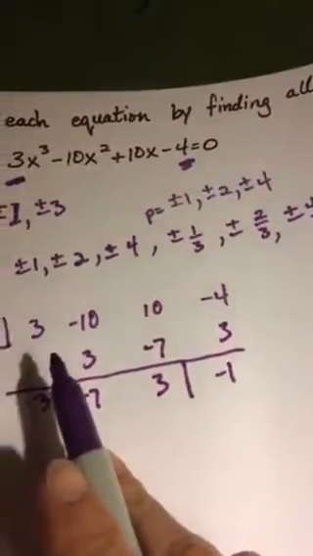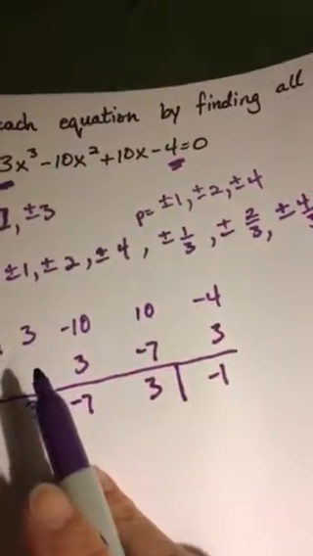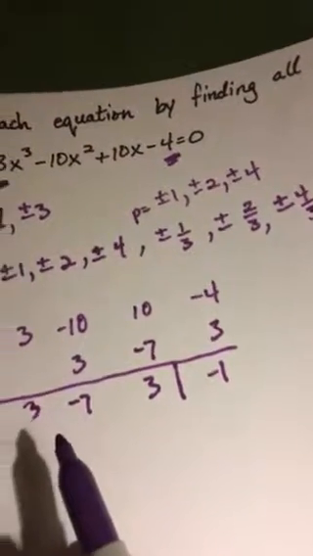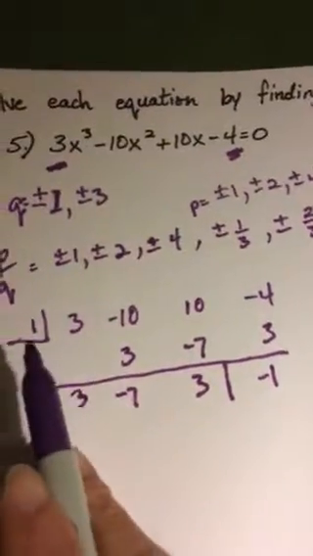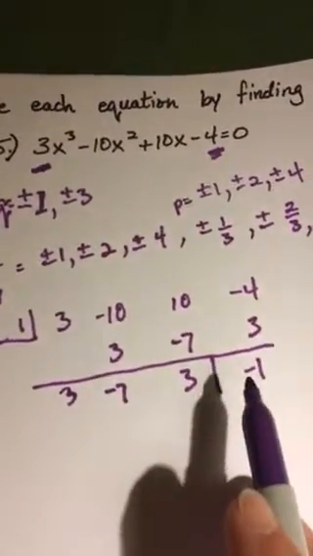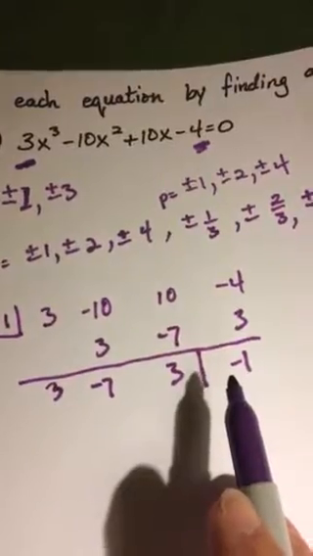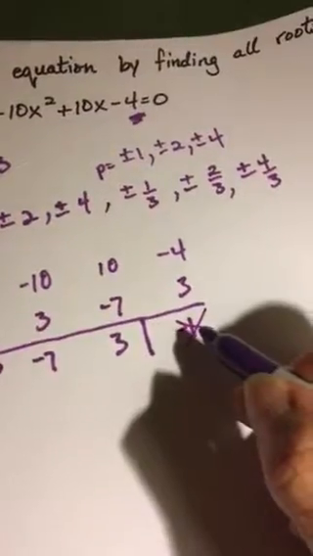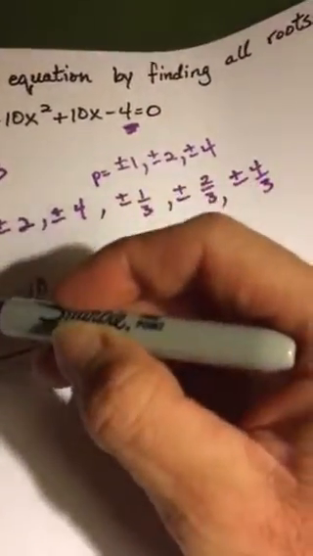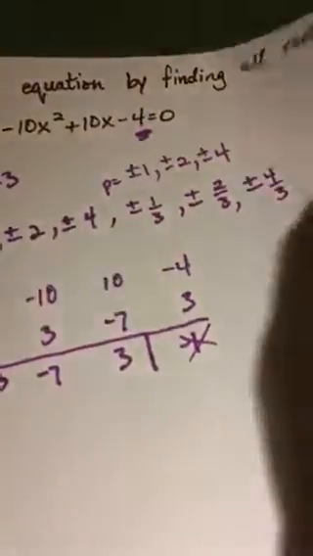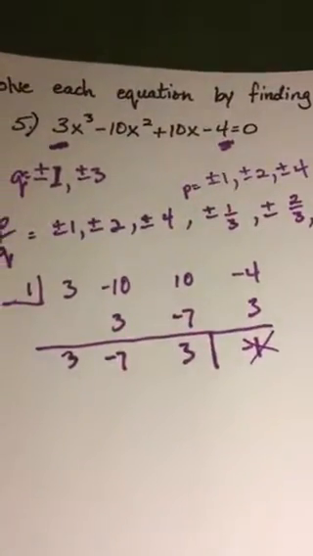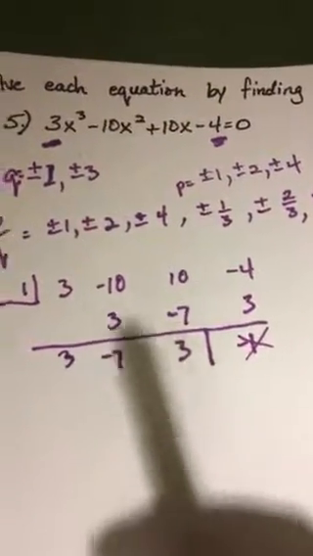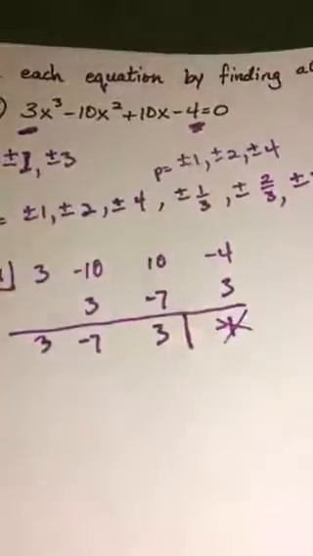Because if it was a root, remember I told you that finding a solution, finding the answer, finding the root, finding the 0, that's all the same thing. So if this was a root, then your remainder would be 0. That means it would go in evenly. And no, that doesn't work because your remainder is a -1, not a 0. So I already tried the -1, and that also didn't work. All right, so that was a no-go. I'm not going to go through that again. You can do that on your own if you want to try it. But I did try the 2 as a root,